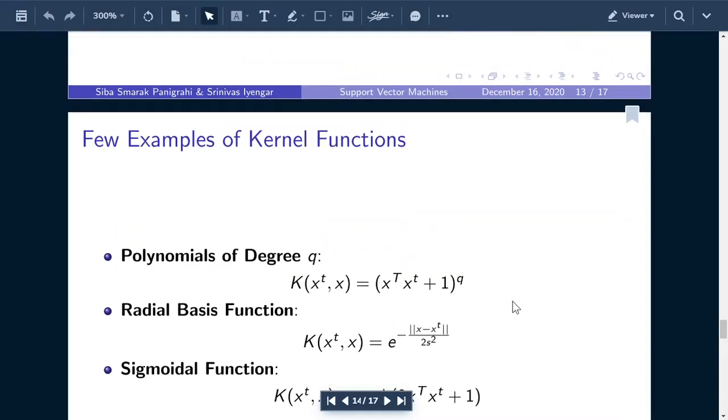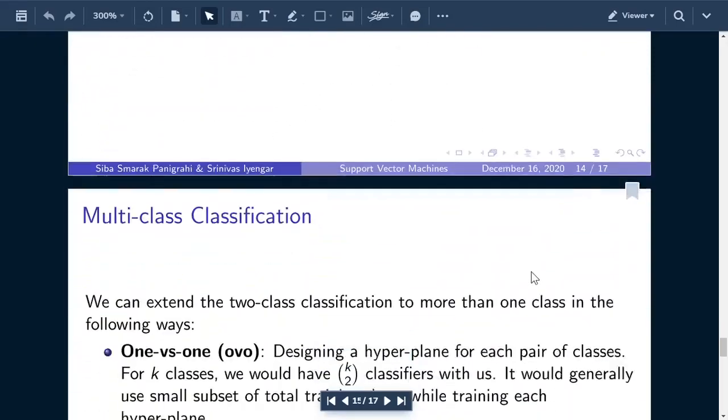Those are not covered here, they will be covered later. So just think about radial basis function to be e to the power, and polynomial degree to be x transpose xt plus 1. I'm speaking jargon, you can just do a plus out of everything. You can just see this slide, that's okay.